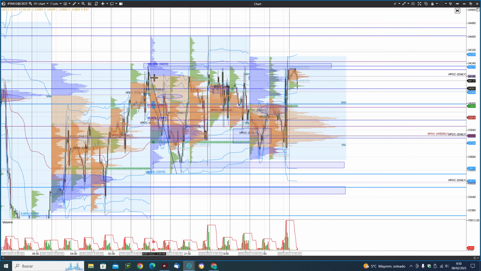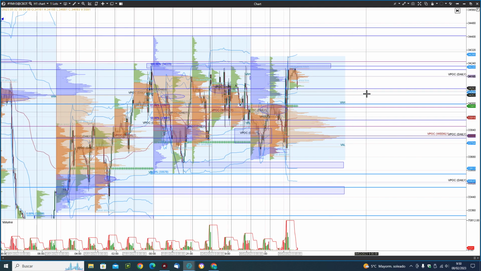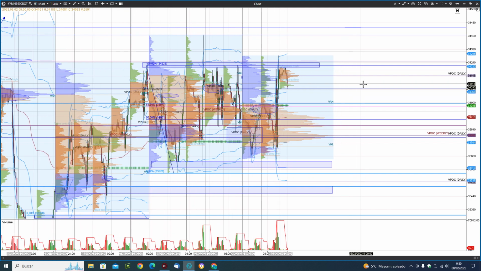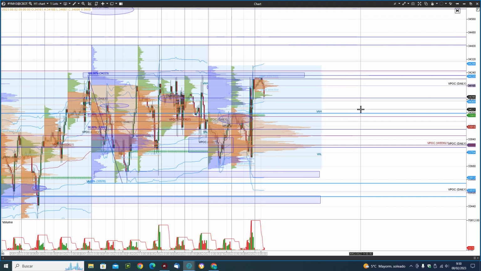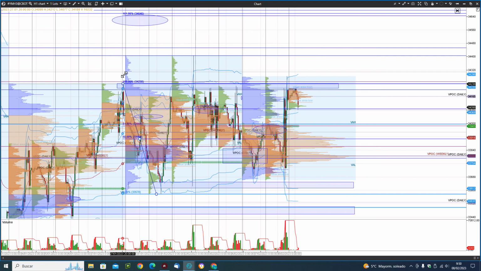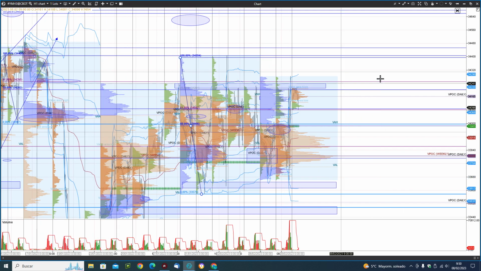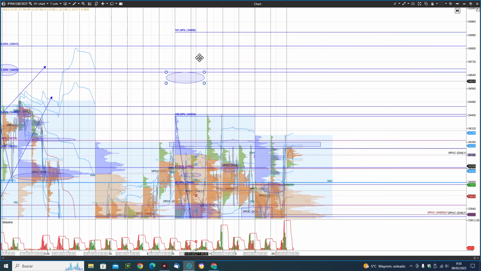are inside the value area of last week, and the targets are very similar to yesterday's targets. In the high zone 34,214, and if it's a pullback, the price could rise to